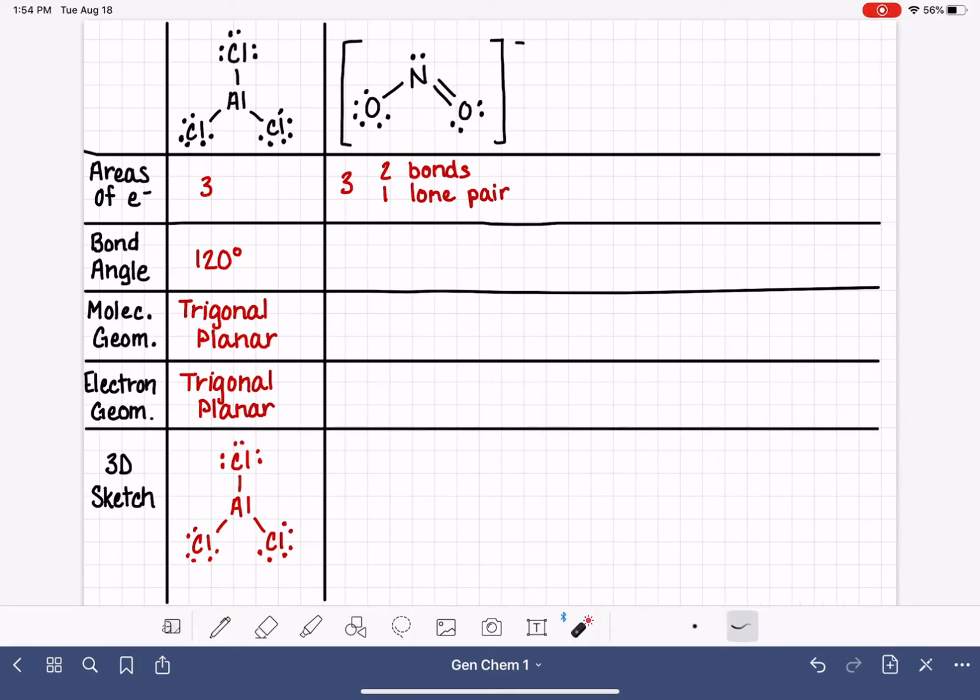We want to next think about what the bond angle is for this molecule, and the bond angle is the oxygen to nitrogen to oxygen bond. So what is the angle of this bond? For aluminum trichloride, we said that this particular bond angle was 120 degrees. We call that the ideal bond angle, the perfect gap that helps keep those bonds as far apart as possible. When we have a molecule like nitrite that has a lone pair of electrons on the central atom, what we do know is that